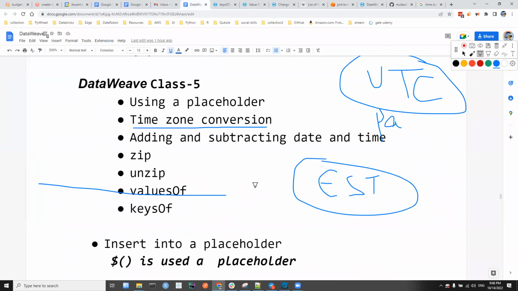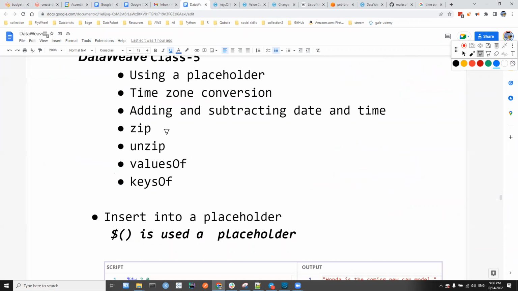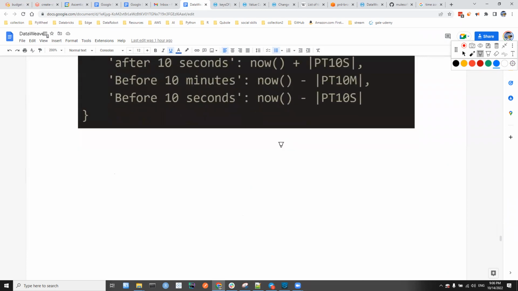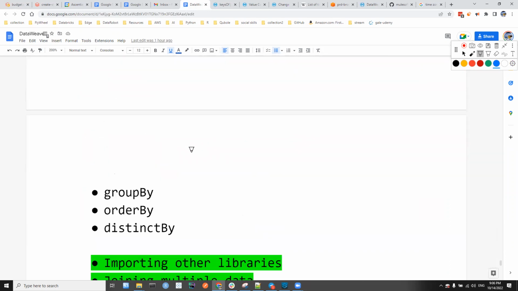So I'm trying to say these things are very important to know. And these are also very useful, I have seen them used: zip, unzip, values of, and keys of. And tomorrow, very important, my favorite topic actually, which has multiple uses. Tomorrow we are going to see,